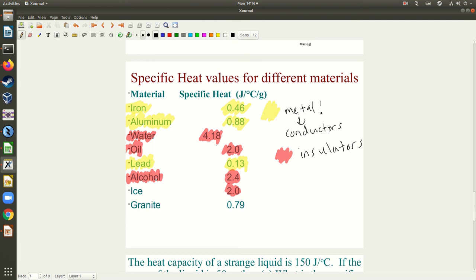A good example would be, let's say I want to boil some eggs because I'm hungry. Alright, so I get out this big old, let's call it an iron pot, and I fill it with water. And after about 7 minutes, I touch the iron pot, it burns my hand. But if I touch the water, it doesn't burn me at all. That's because the iron just heats up so much better. It's a good conductor. And so it's able to heat up faster than the water. Even though both could be exposed to the exact same amount of energy, well, let's assume they are, it doesn't matter